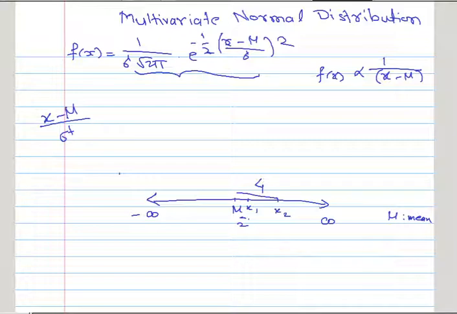X minus mu will be an absolute measure, whereas x minus mu upon sigma, as you can see, is a unitless quantity. Suppose the data is in centimeters, so x centimeter minus mu centimeter, so the numerator is measured in centimeters divided by the standard deviation, again in the same unit, centimeters. So they will vanish and it will be a pure number. So x minus mu will be a quantity measured in certain units, whereas x minus mu upon sigma is a unitless quantity, a pure number. So this we will take as a distance measure.